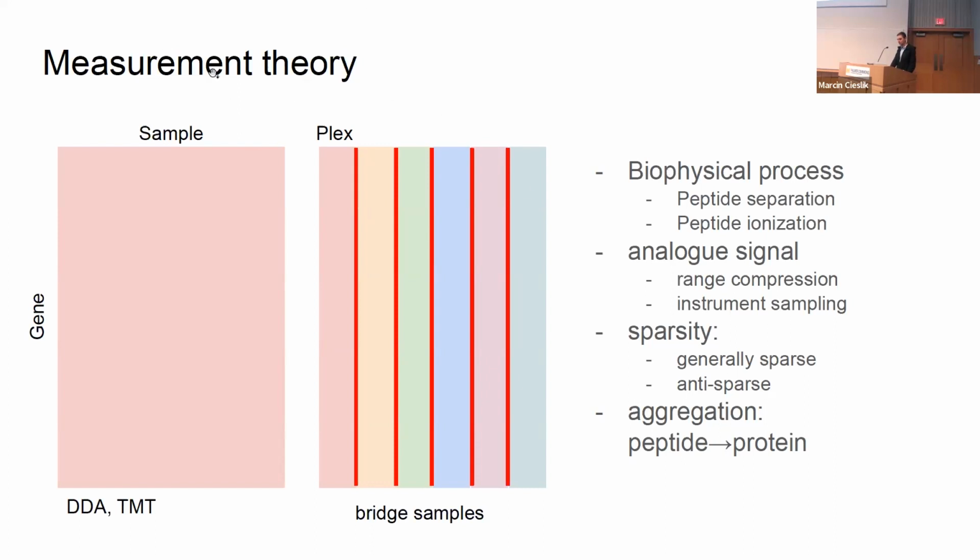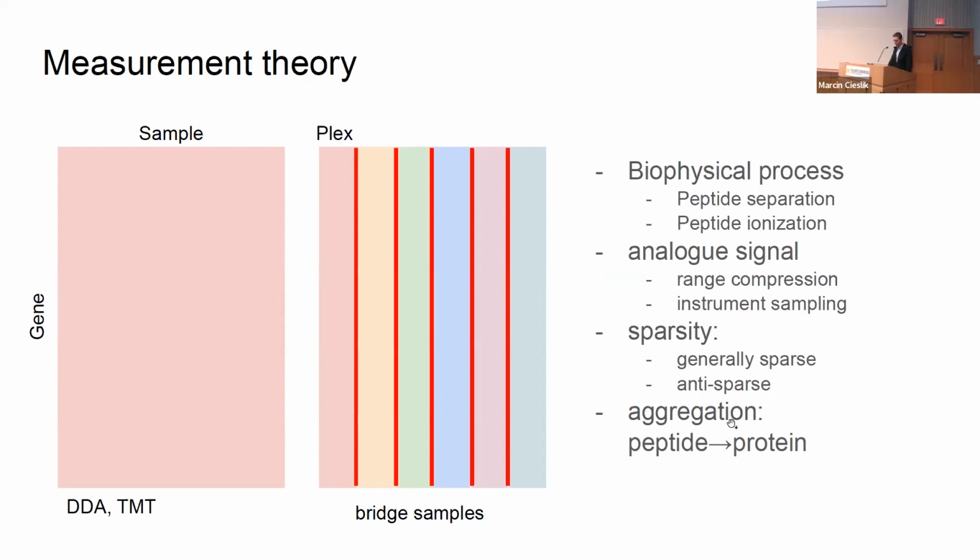And there is a rich measurement theory which goes into developing the right way of deriving values from those measurements. Something I find very exciting, and also something that Alexei's lab is really experienced in, is how to take those complex biophysical measurements and turn them into numeric values that can be interpreted, but